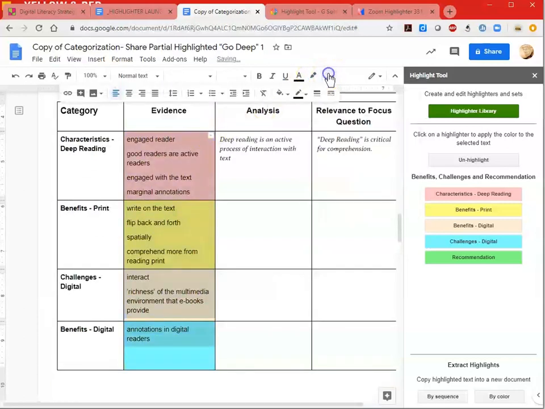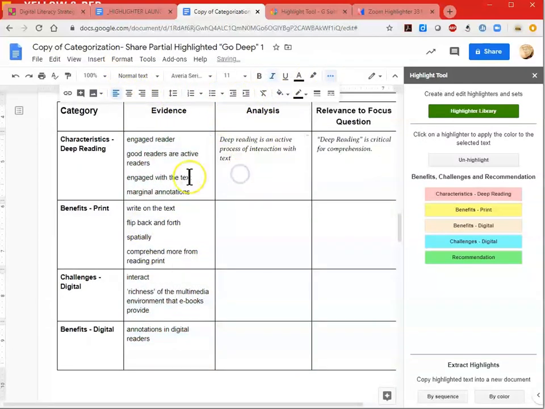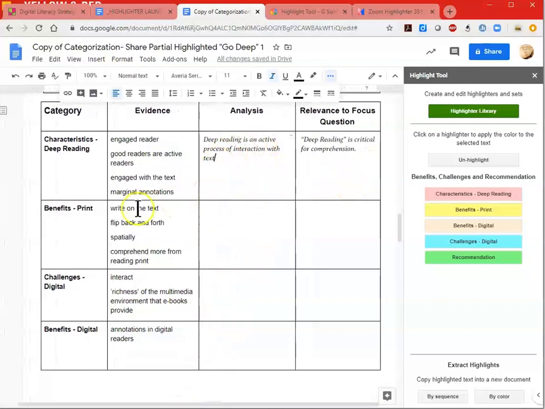remove the highlighting, remove the color, so you get back to text, and then take a minute before moving on and actually read through a row here. Look at the evidence, think about how you would summarize that evidence, and then make a statement that connects that evidence to the focus question. I'd like you to take a minute to do that, coming back,